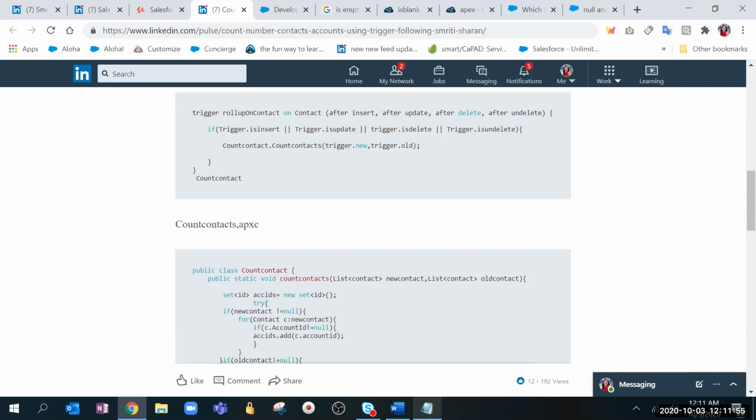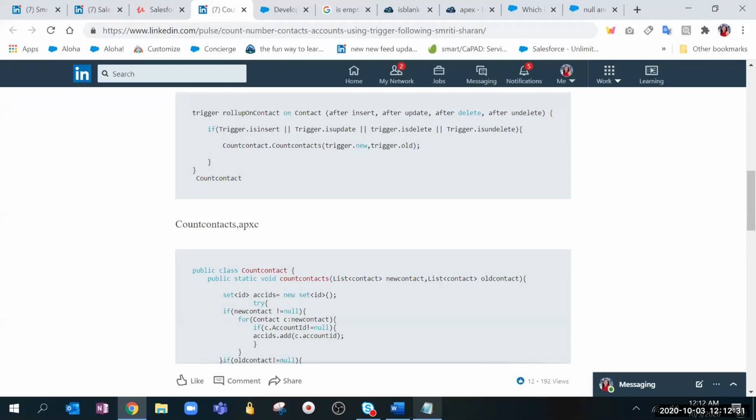Because there are two objects we are using, contact and account, and DML can be at the time of insert or update, like whenever a new contact is getting created, that time it also calculates the number of contacts on the account. Correct? It can be just on the insert. It can be at the time of deletion. So it depends on when we want it. Yes, that depends on the logic. So we got the object, event, and DML.